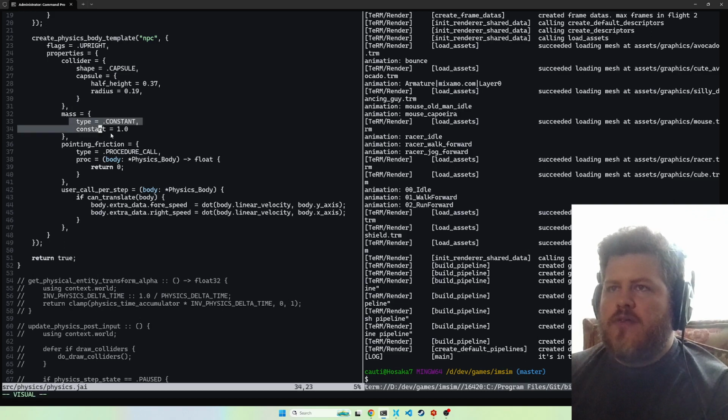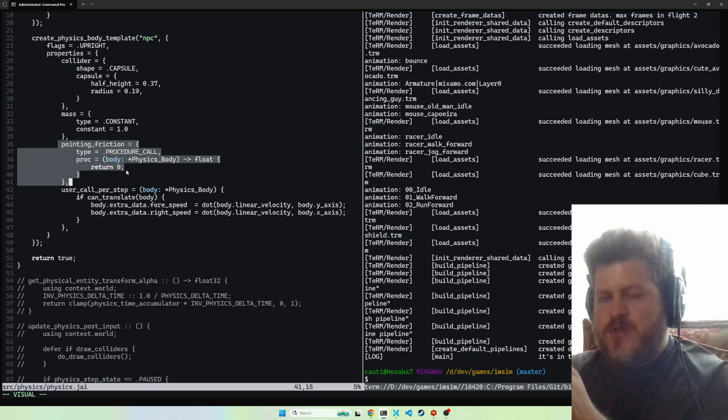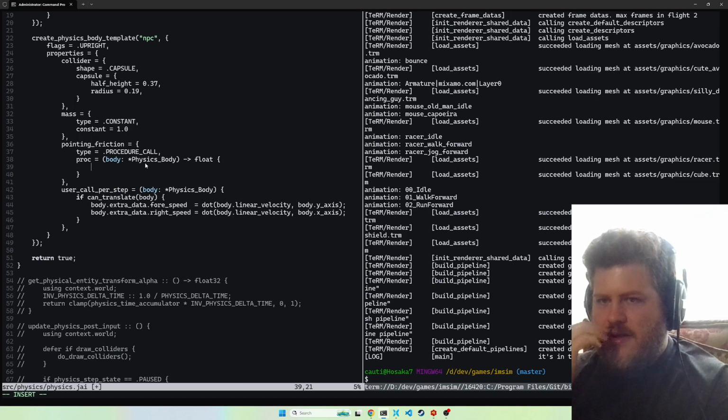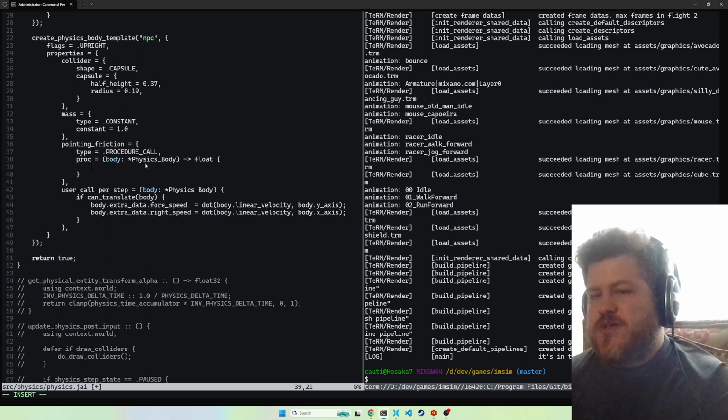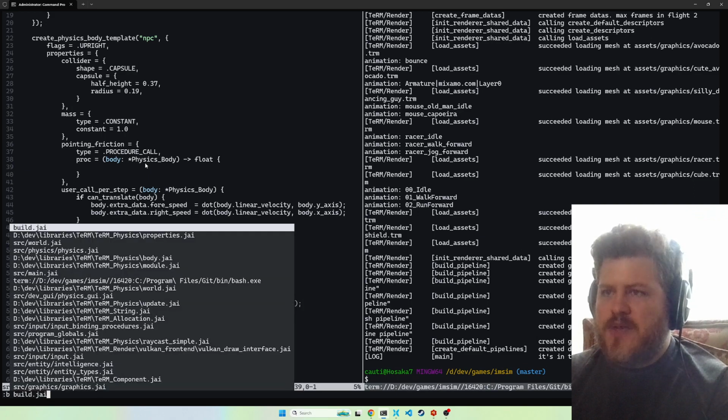And they have a constant mass, and pointing friction. So the friction they have in the direction of their movement is gotten from a function. It's supposed to be a procedure. Basically the physics system needs to ask, what is the friction? It can't just get it from a constant on the properties. It has to call up a procedure to know what the friction is, the idea here. So to reflect that on the physics engine side,